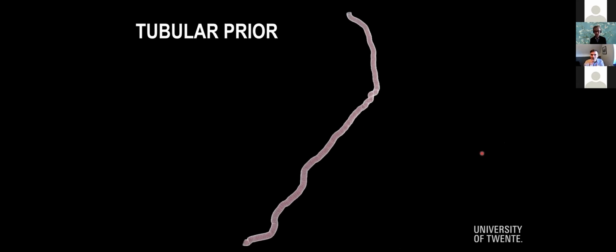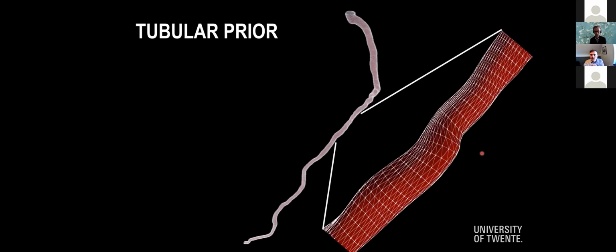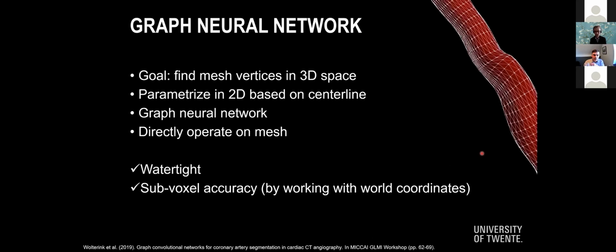And for the initialization, we were lucky enough to already have the centerline extracted from the medical images with the previously described deep learning method. And we get a tube like this, and then the goal is to deform this tube so that it matches exactly the anatomical coronary lumen wall. And locally, we can represent this tube as a mesh, and we can directly operate on this mesh using graph neural networks. So that's what we did in this work, where the goal was to find the mesh vertices in